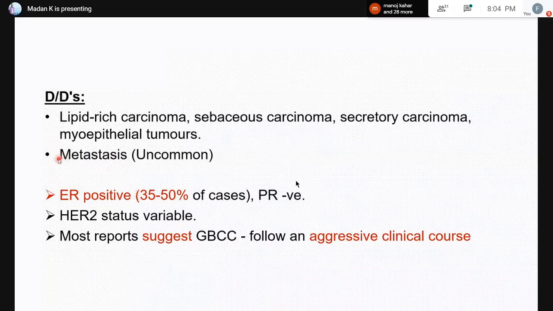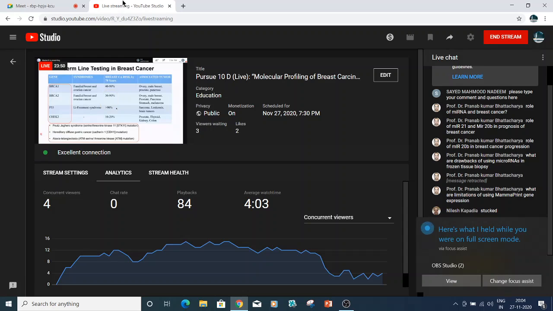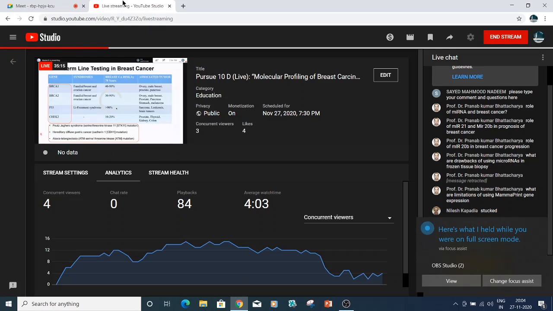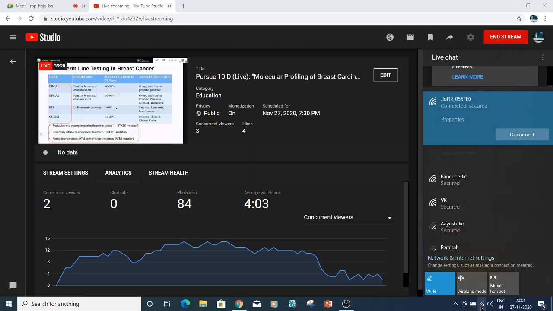Coming to immunohistochemistry, these tumors are ER positive in 30 to 50% of cases. However, HER2 status is variable. With the limited data, what is known is these tumors are known to follow an aggressive clinical course. Coming to sebaceous carcinoma,